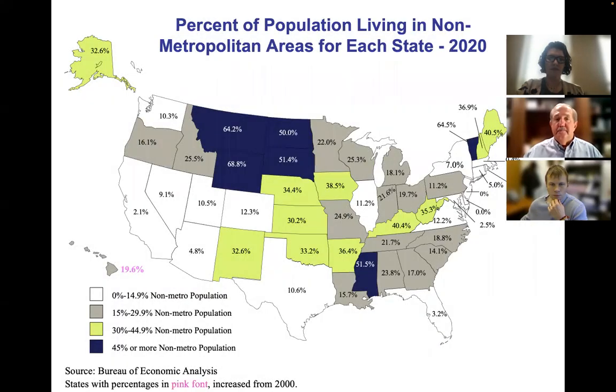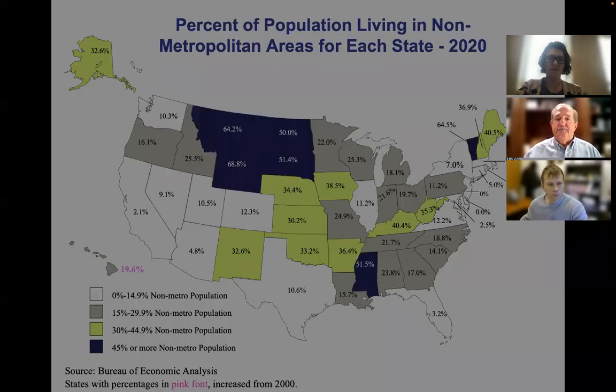Next slide. And this is a nationwide map that shows the percentage of the people in a state that live in non-metropolitan areas. In Oklahoma, you're going to see that number in the green shaded region coming in at 33.2%. Now, that's greater than our neighbor to the south, Texas, which only has about 11% of its total population living in non-metropolitan areas. And you can look up to the north, Montana, Wyoming, a few of those states where 50% or more of the population lives in non-metropolitan areas. And so it gives you some perspective for our state of Oklahoma and where we fall.